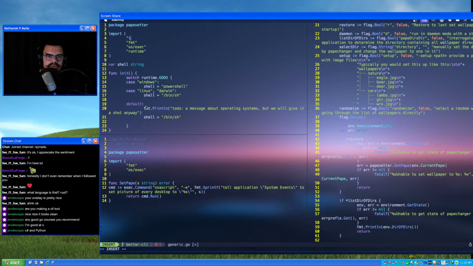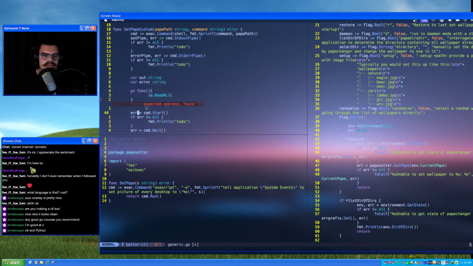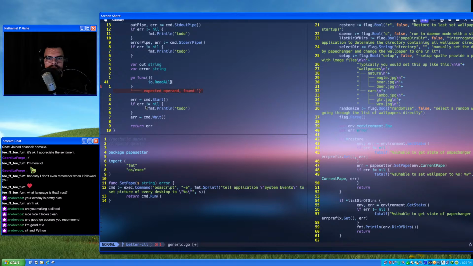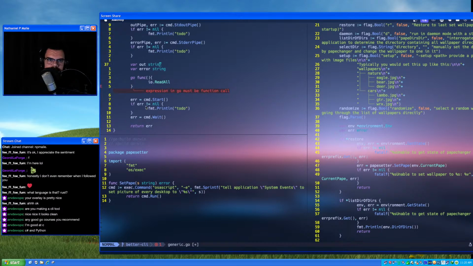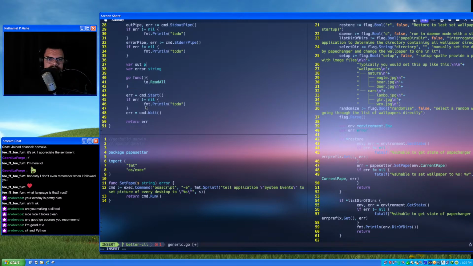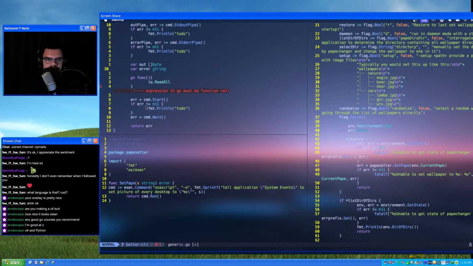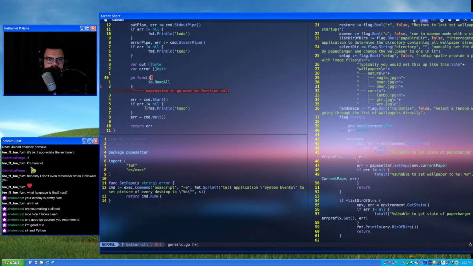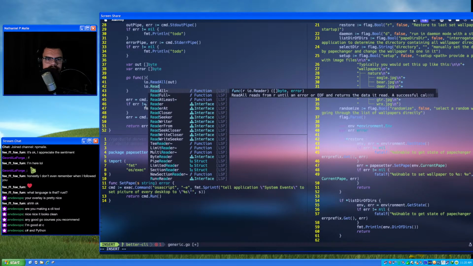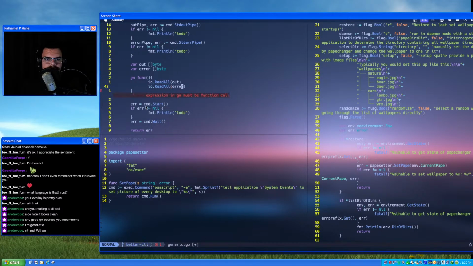Let's import io. So anyway, we're going to want io.ReadAll, which returns a slice of bytes and an error. So out is a slice of byte. Err will also be a slice of byte. io.ReadAll out and io.ReadAll err.